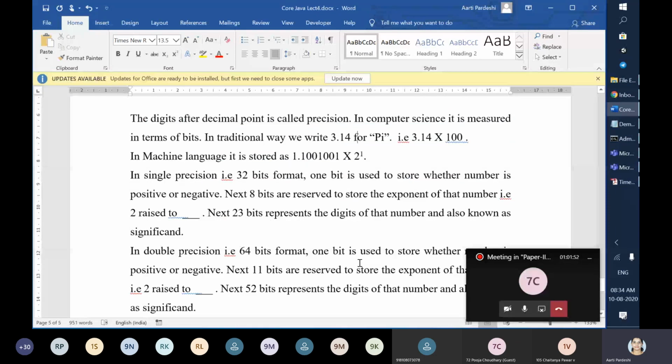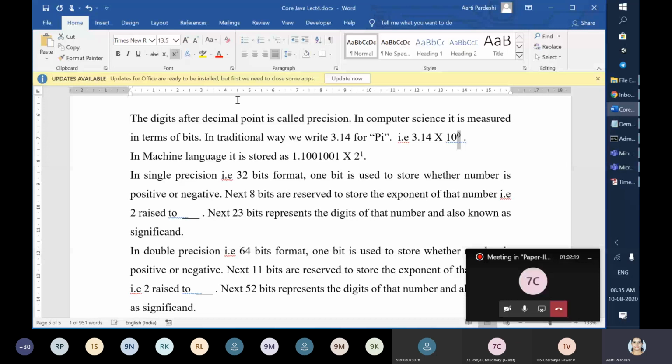A computer understands only machine language, binary, 1010 language. In the first year, in the first semester, you were taught how to convert any decimal number to a binary number. So here 3.14 will be represented as, oh, it's not a 10, it is raised to.